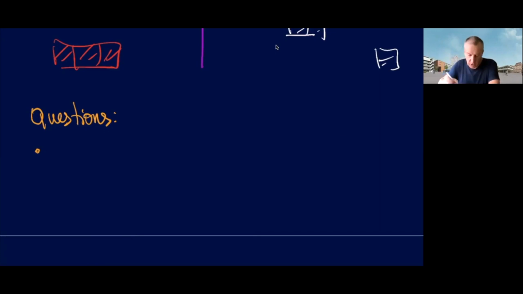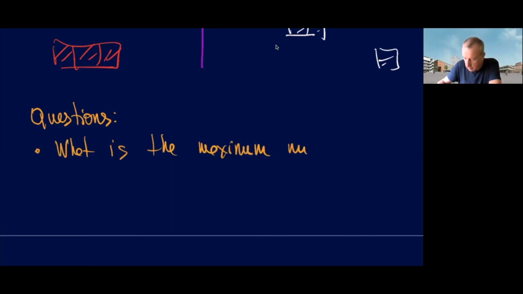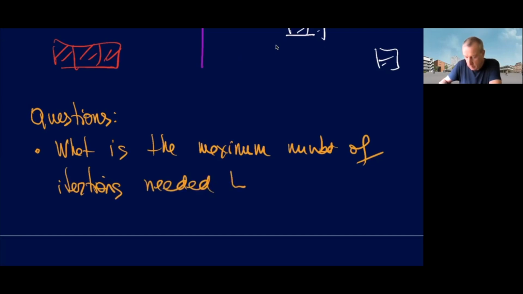But you could think of the following question: what is the maximum number of iterations needed to classify